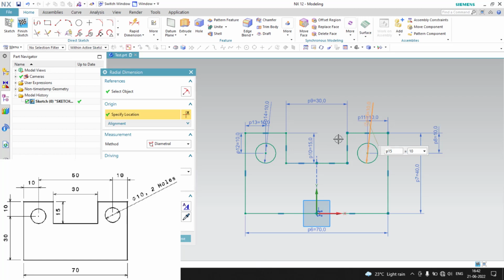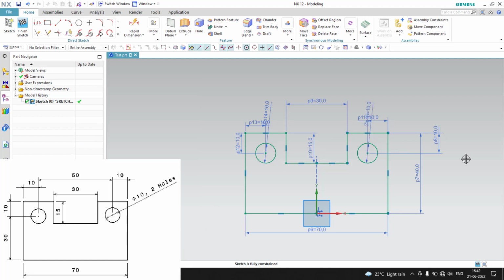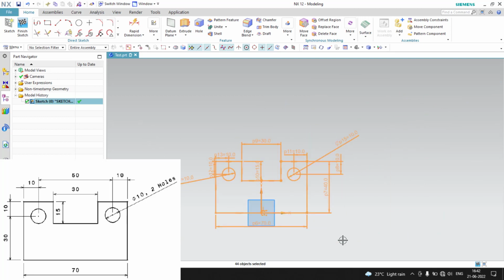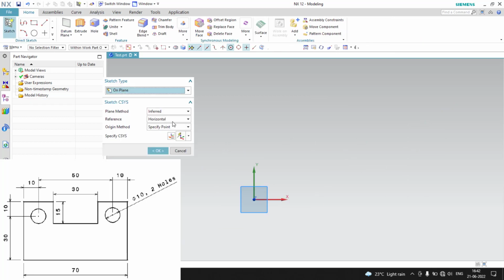Okay, now you could see once I close this tab, it is fully constrained. So this is how we can utilize the auto dimensioning to cross check the under defined and fully defined